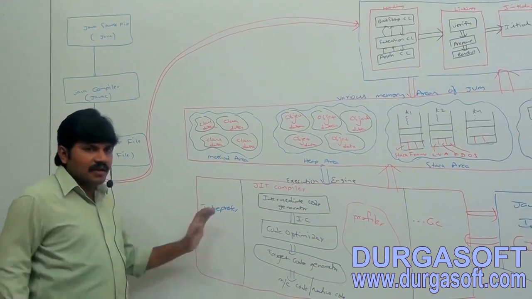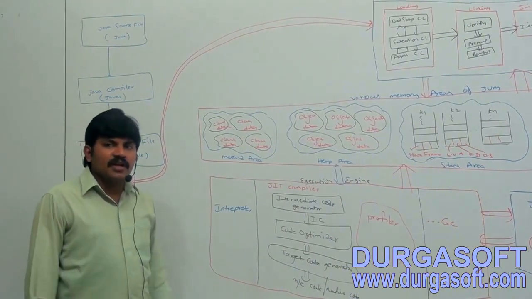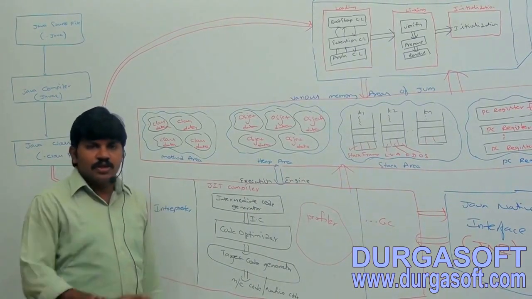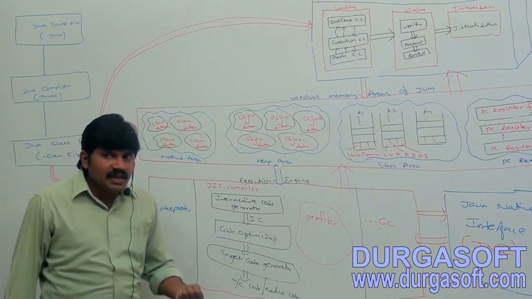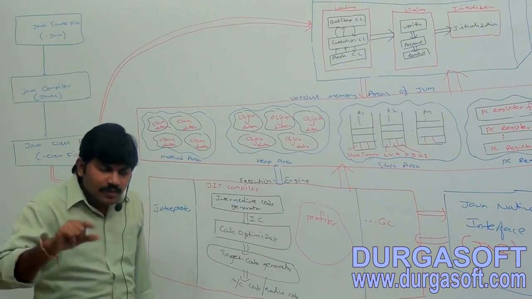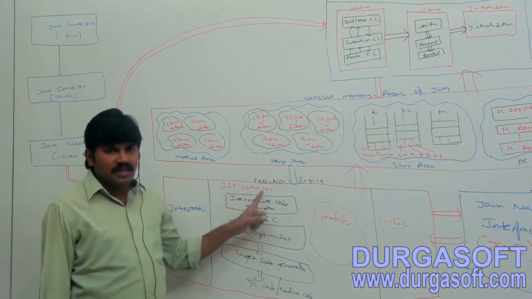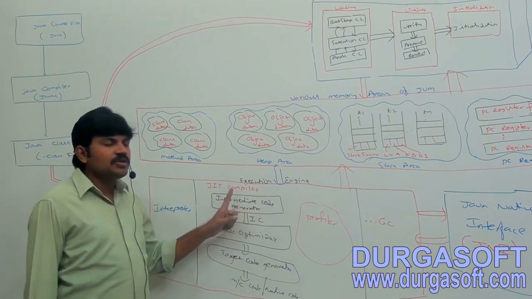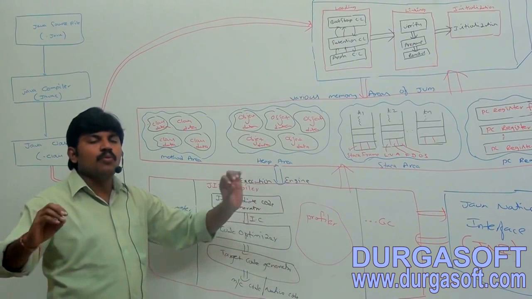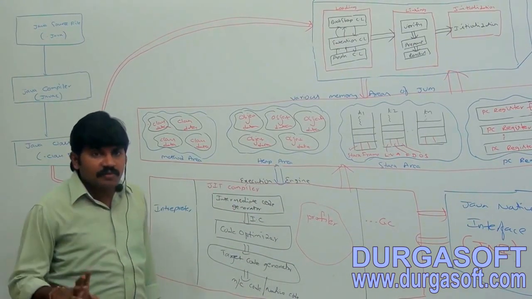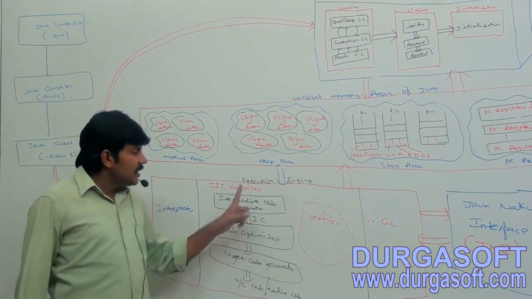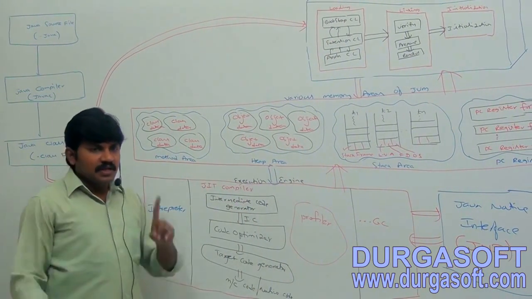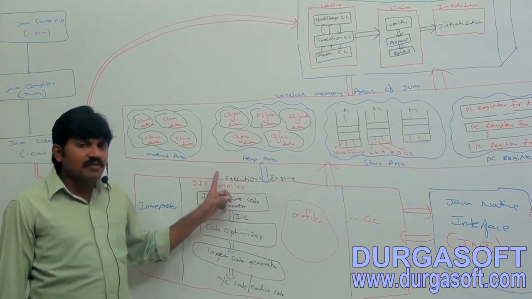Sir, if any method is repeatedly required, instead of interpreting every time, just compile it once into machine code, and from next time onwards directly we can use that machine code. Who is responsible to do this activity? It is the JIT compiler. I explained this very clearly in the last sessions. The JIT compiler concept is applicable only for repeatedly required methods, not for every method. The total Java program should be interpreted at least once. This is when the JIT compiler will come into the picture.